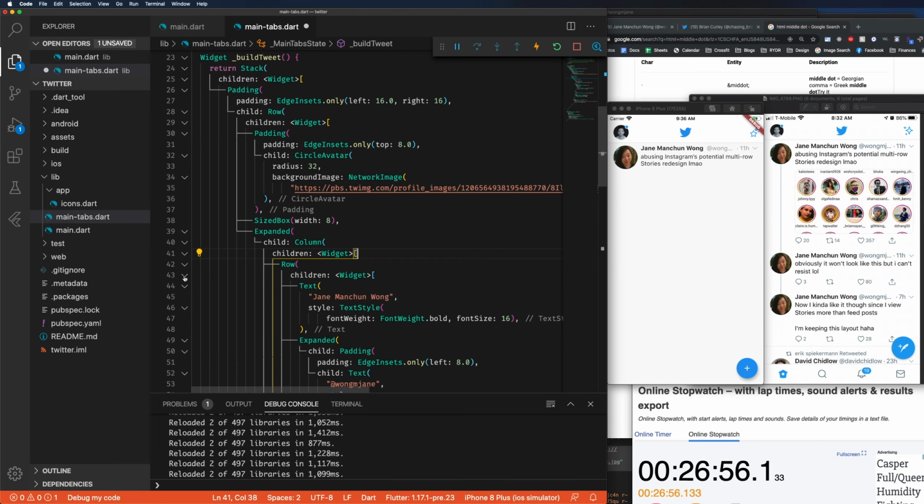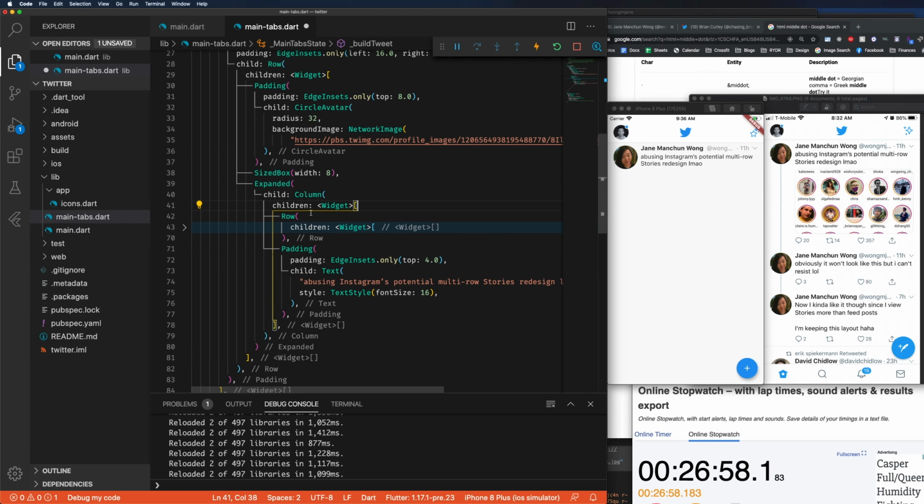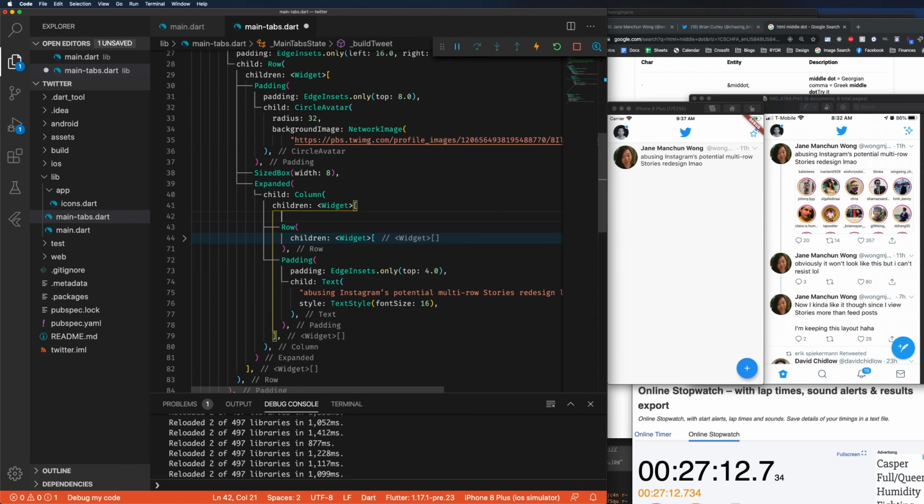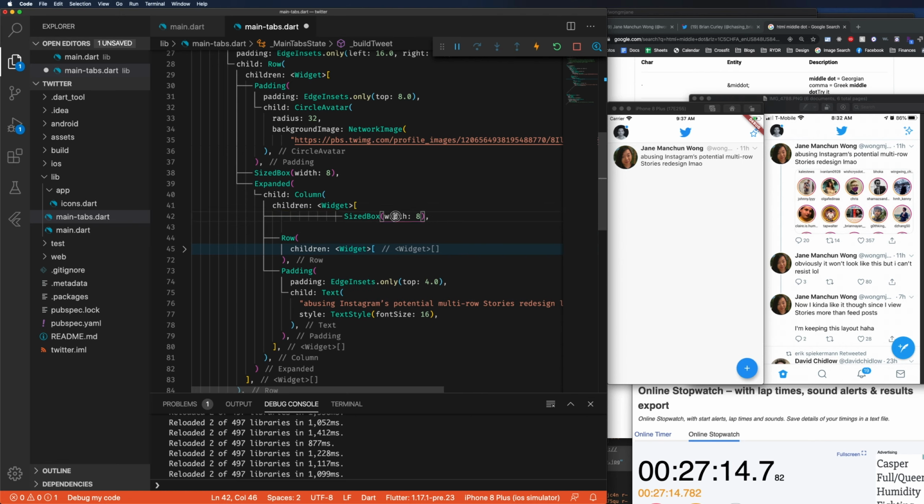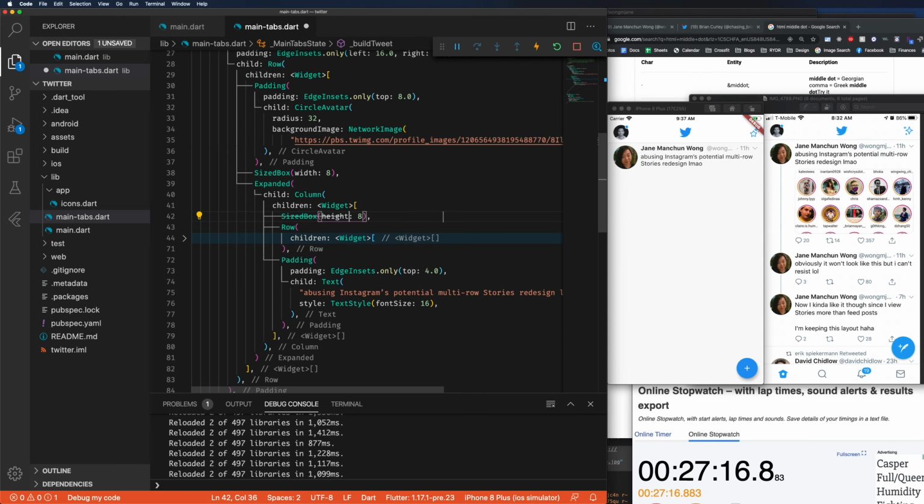So let's just take a look at our structure here real quick. So in this column we have a row, right? And that is a row of this, this, and this, and this. And then we have a column, which is this row, and then the tweet, right? So if we want to bump this whole thing down, we actually need to put that size box here. Right, and then I'll go, there we go. All right, so that's looking